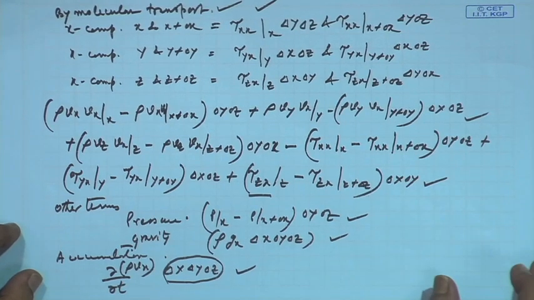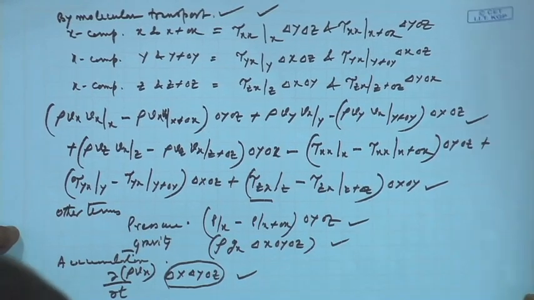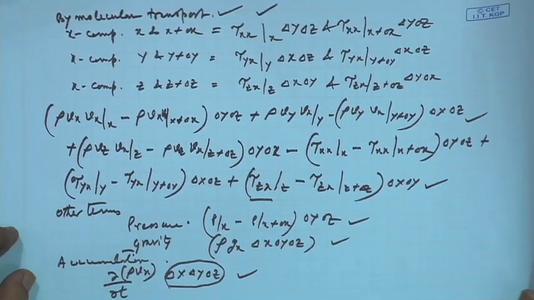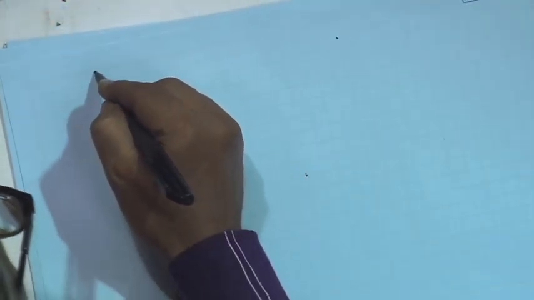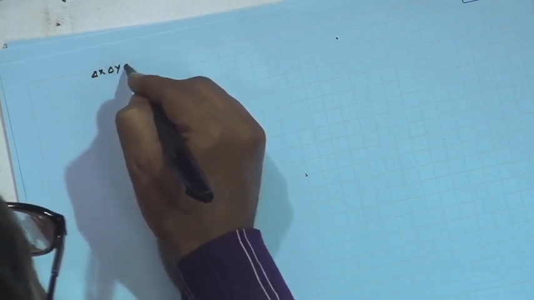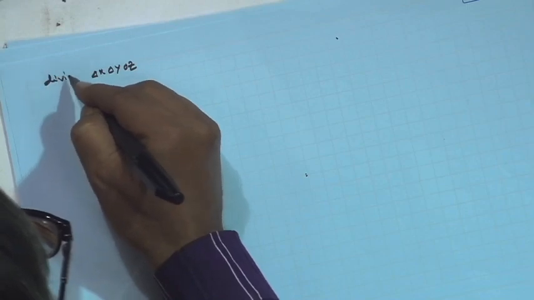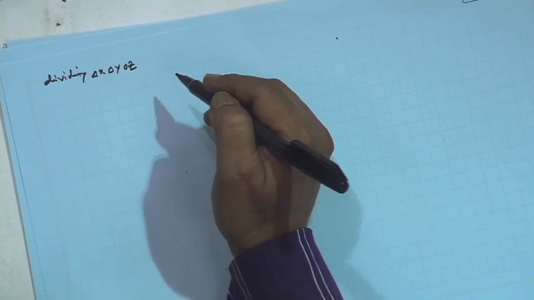So, now we divide both the sides with del x, del y, del z, we can write that